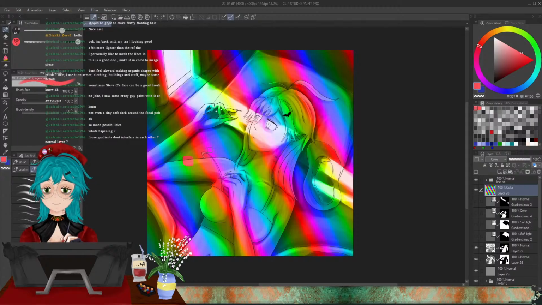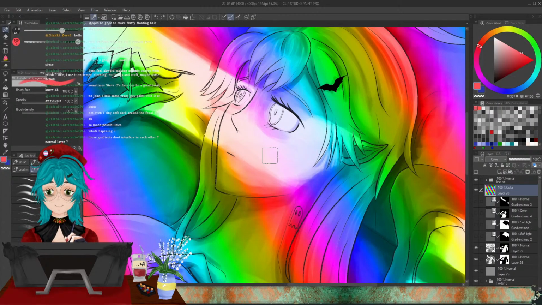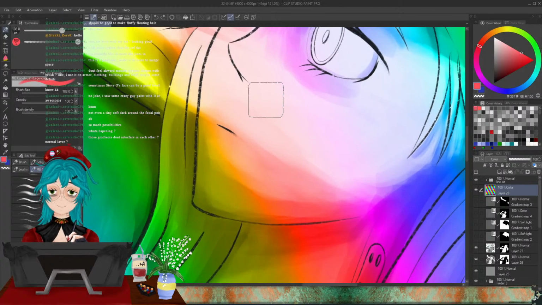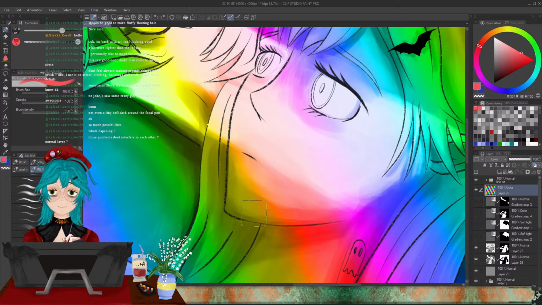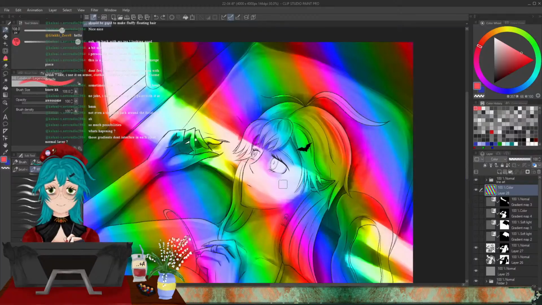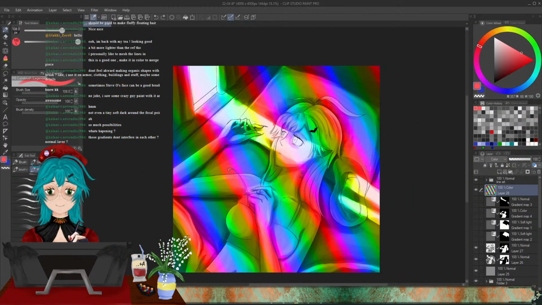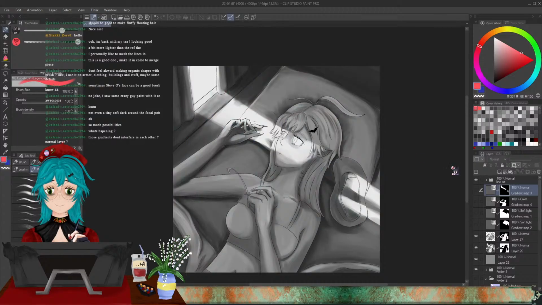Let me see if I can find a better example. Here we can see the color difference from our values. Of course the rainbow one is not worth it for that, but with the gradient maps I can create here